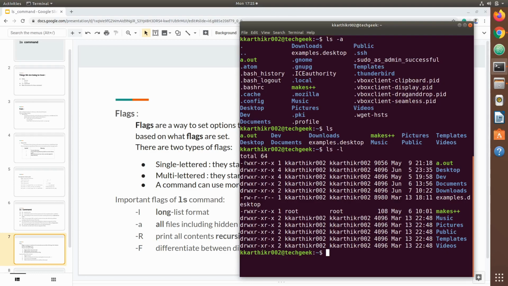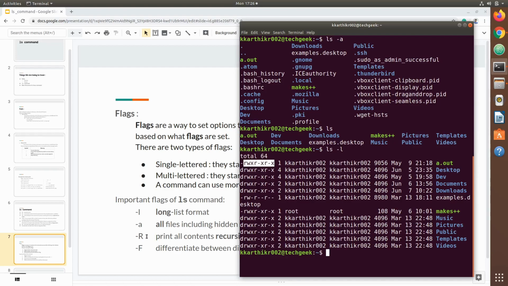These are rwx, r and so on. These are nothing but file permissions. We'll talk about file permissions and users a little bit later in this series. Let's go ahead and see the examples of other important flags.